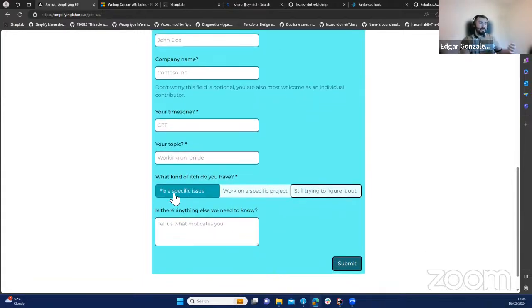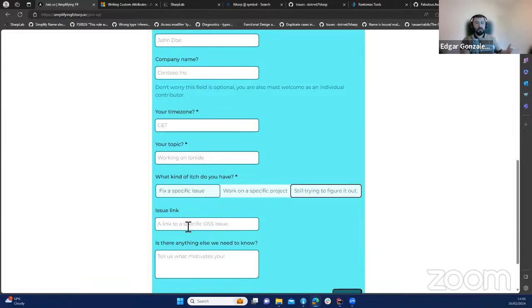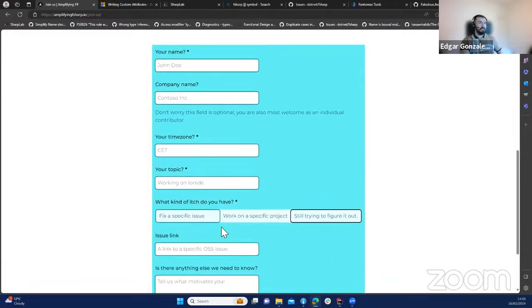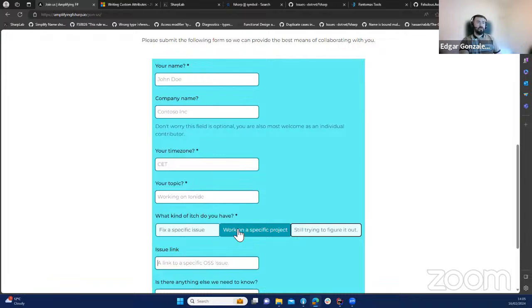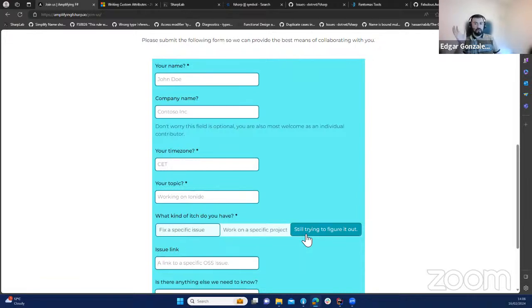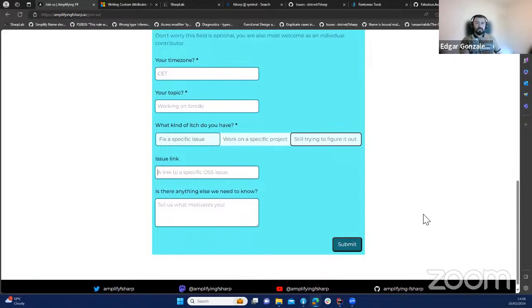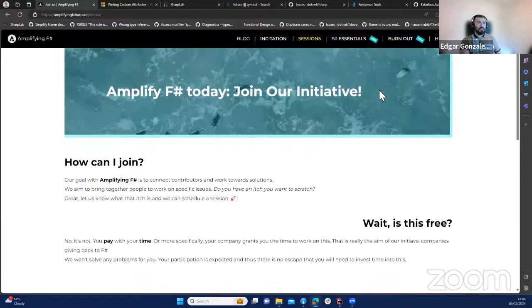You can also say, like myself, I want to fix a specific issue. You put the link of the issue on the repo, on the open source project that you want to contribute to, and then tell us a little bit more about the context of what motivates you to fix that issue. It's not only for specific issues. You can also work on a specific project, and if you still don't know, but you say I want to contribute to F Sharp, but I still don't know what I want, but I have these ideas, we can help you shape those ideas and see what will be the best for you as a newcomer. Once you do that, we will schedule a session, and it will be on Fridays, like I will be doing today. But let's go